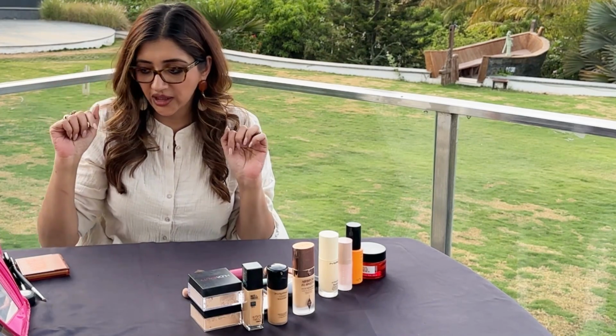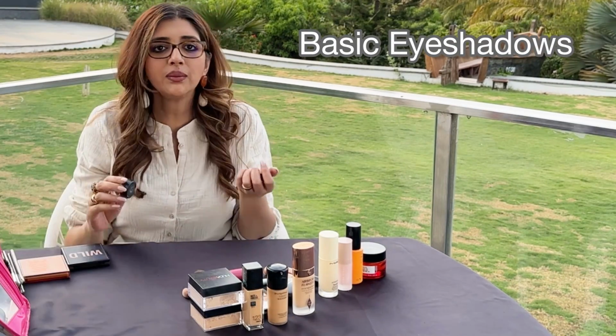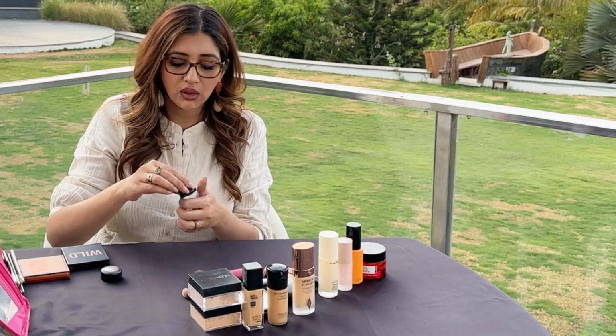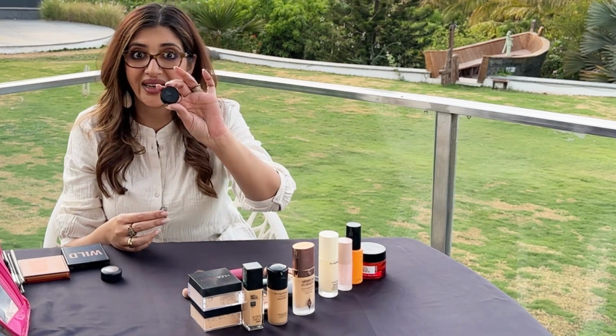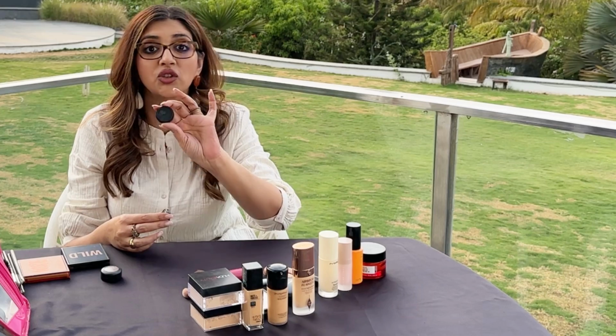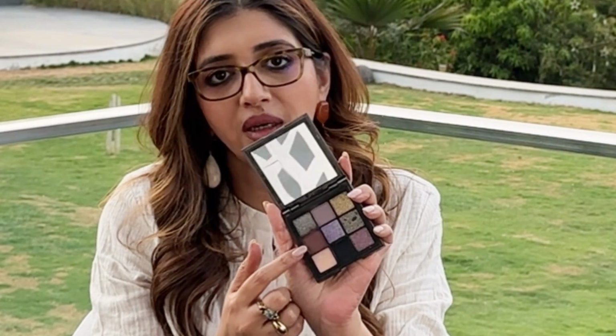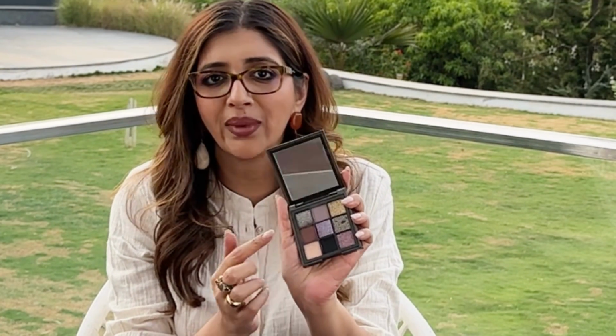Now let's get into eyeshadows. Now some basic neutral eyeshadows. Any black eyeshadow of your choice. This is Miss Claire and actually one of my favorites because it's really black. A dark brown shadow, you could get an individual one or one which is like this, a dark brown. This palette also has a black. Basically you need a dark brown, a black,